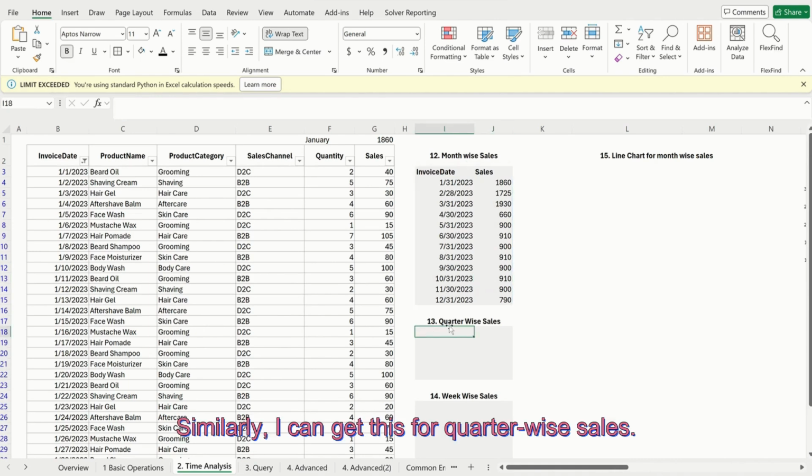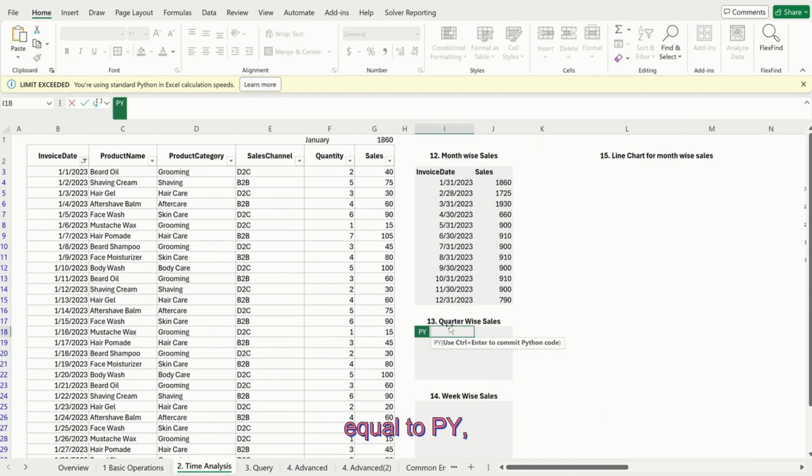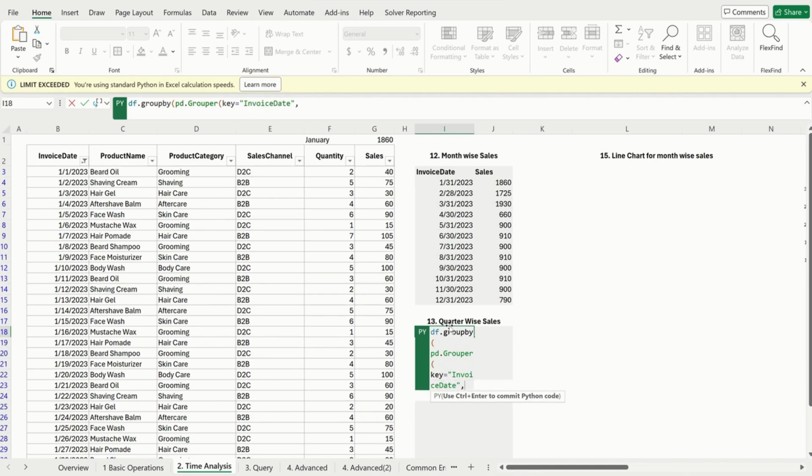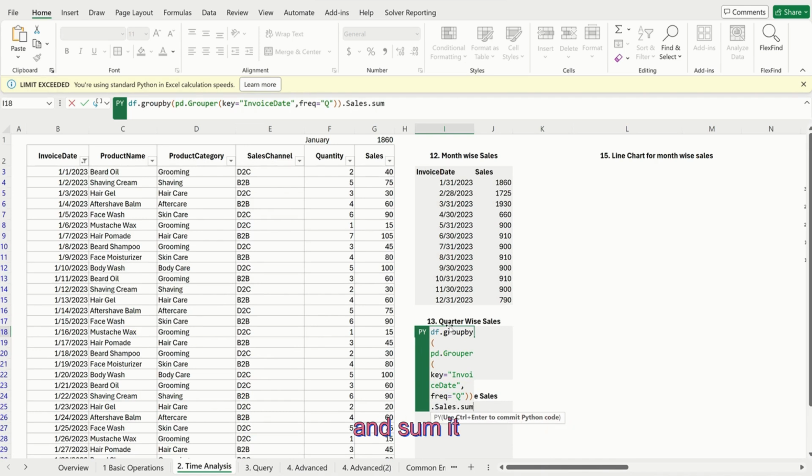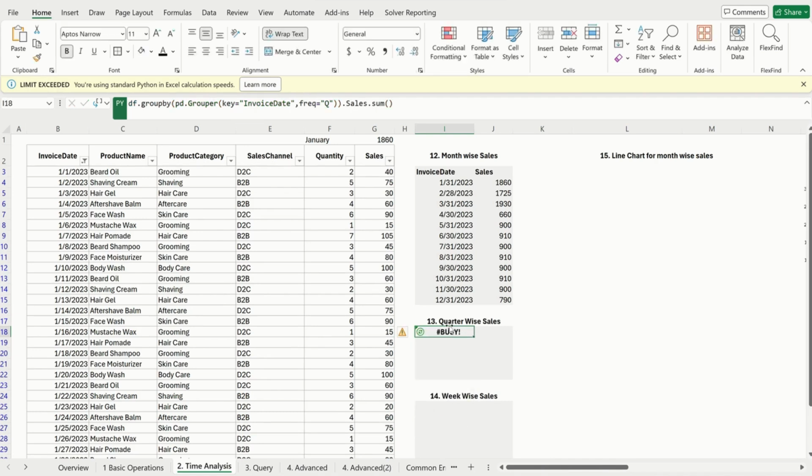Similarly, I can get this for quarter wise sales. So equal to py, then data frame dot group by, and then pd dot grouper, and then key here would be again invoice date, and frequency here would be quarter, and then bracket closed, and then I want this on the base of sales and submit. Press enter. This will give me series. I'll change it to Excel value,